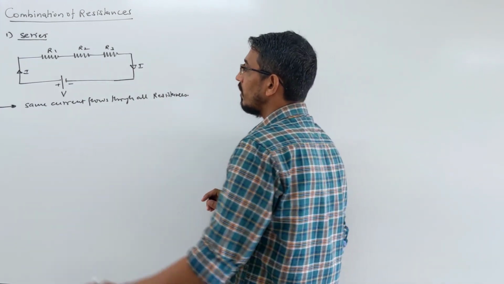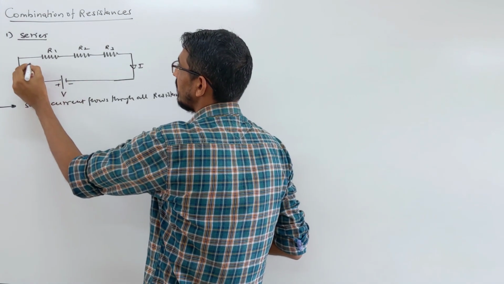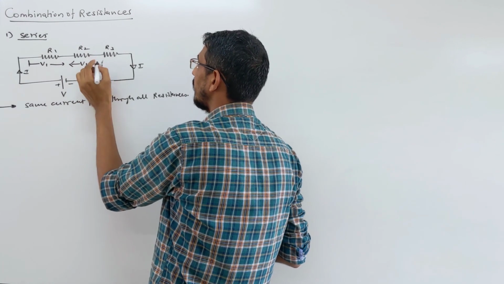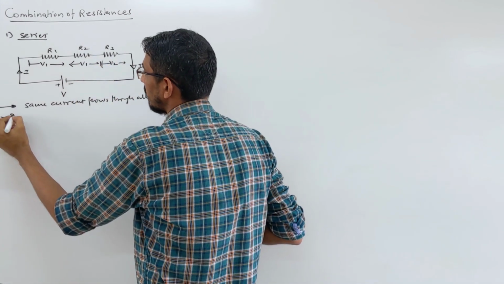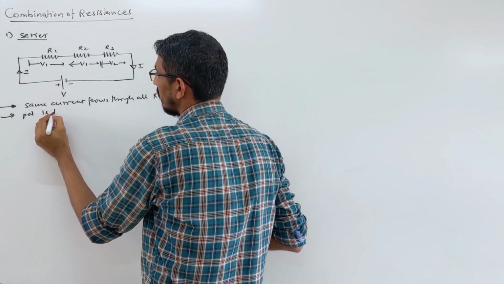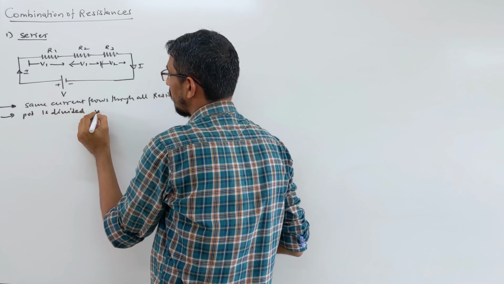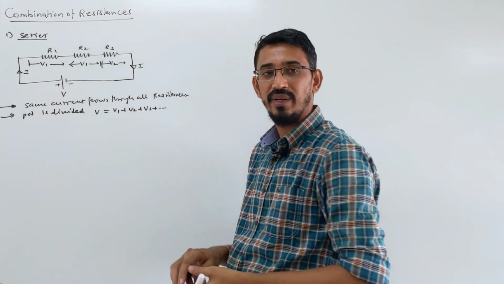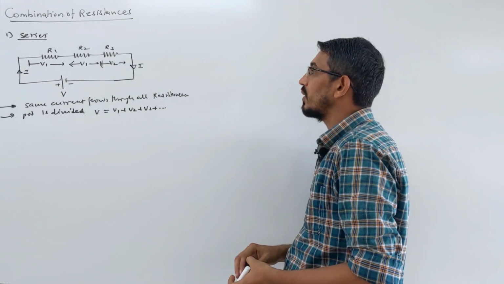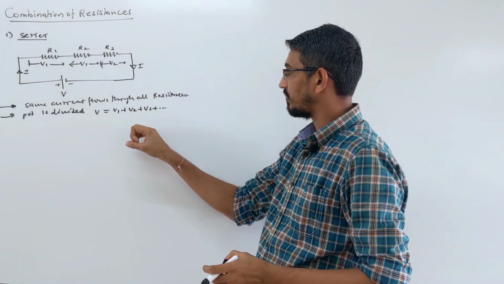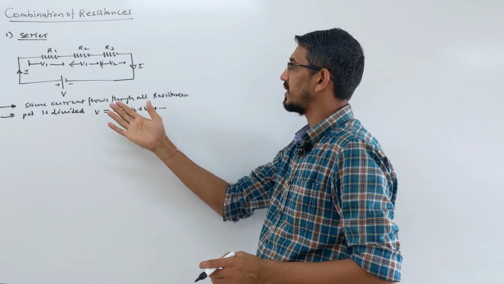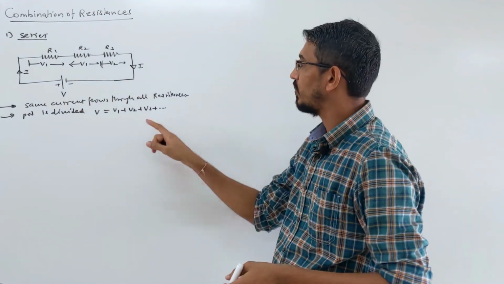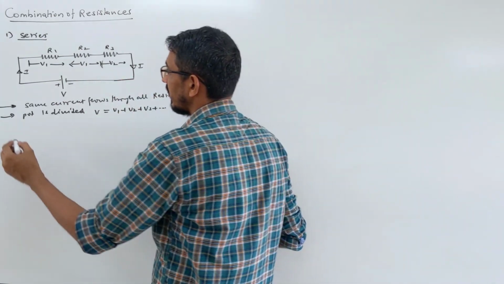Then the potential that we supply from the battery is divided among these three resistances, V1, V2 and V3. So the potential is divided. The net potential is simply V1 plus V2 plus V3. It doesn't matter how many resistances you have, it is divided among them. We know that when resistances are connected in series, the current flowing is the same and the potential is divided, but how is the potential divided? You want to find the potential of each. So we will see that in series what happens.